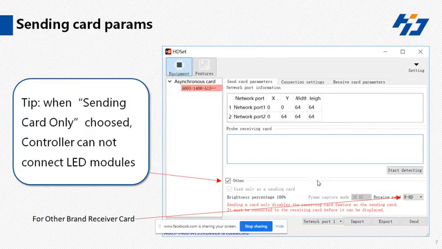बट अगर आप हमारा A4, A601, A602, A603 यूज करेंगे, तो उसमें नेटवर्क पोर्ट रेंज करता है, कई में 2 नेटवर्क पोर्ट होते हैं और A6 में 4 नेटवर्क पोर्ट होते हैं। तो इसलिए यहाँ पे सेलेक्ट करना पड़ता है कि नेटवर्क पोर्ट किस नेटवर्क पोर्ट से आप डेटा आउटपुट ले रहे हैं रिसीविंग कार्ड। और यहाँ पे आप देख रहे हैं नेटवर्क पोर्ट 1 एक्स वाई विड्थ हाइट यहाँ पे दिया हुआ है। तो जितना भी आप रिसीविंग कार्ड नेटवर्क पोर्ट 1 से कनेक्ट करें, तो आपको उसका विड्थ और हाइट यहाँ पे डालना पड़ेगा।